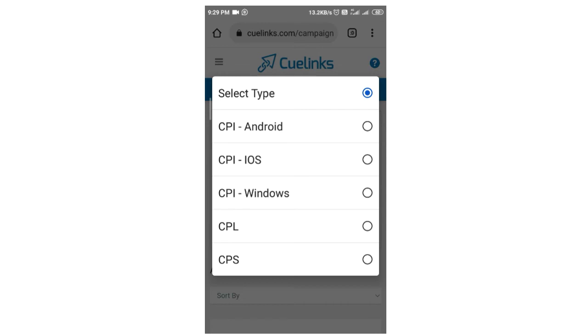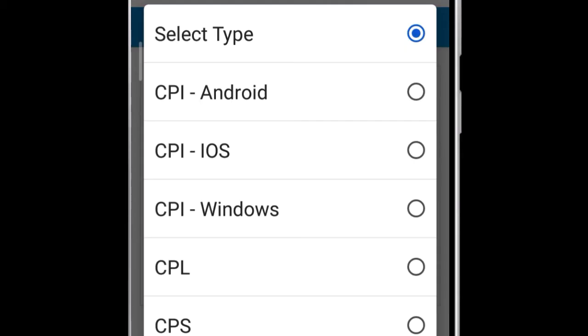And the third one is CPL, that is cost per lead. You have seen many call to action buttons like sign up, call now, register now on various ads. These are called CPL, cost per lead. Whenever one fills that form, the company has access to reach the client, to convince the client to take their products and services. So the person who fills the form is a lead for the company, at first hand. So this is called cost per lead.